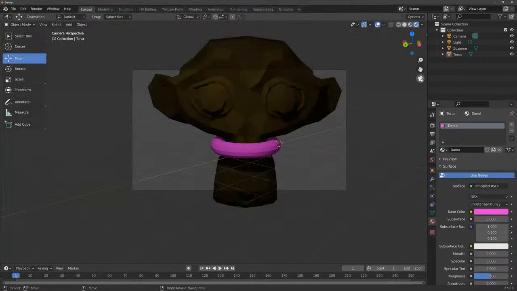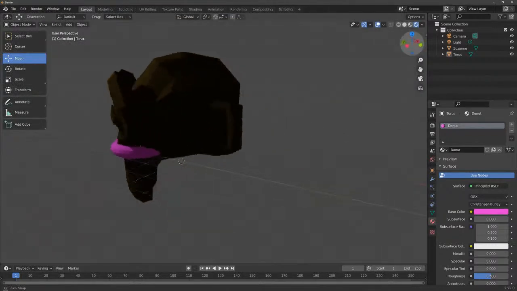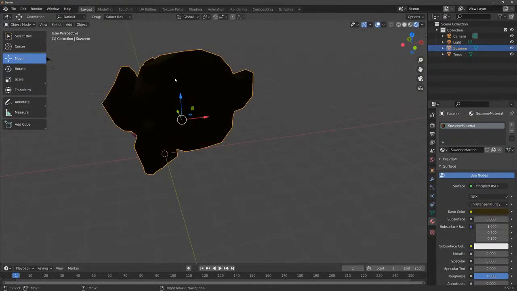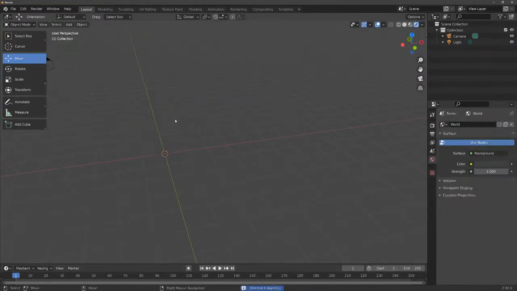Okay, so I'm going to get out of camera view. Going to rotate my scene around, and you know what? I'm just going to get rid of Suzanne, get rid of that, and we are going to start